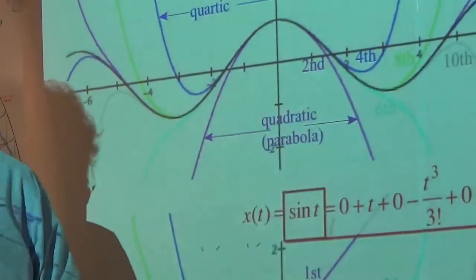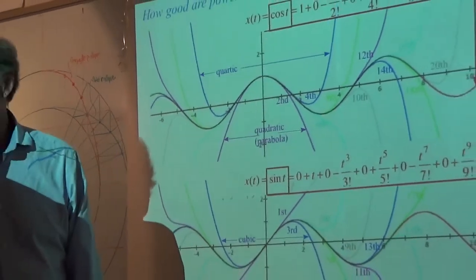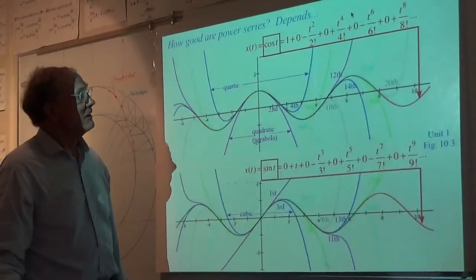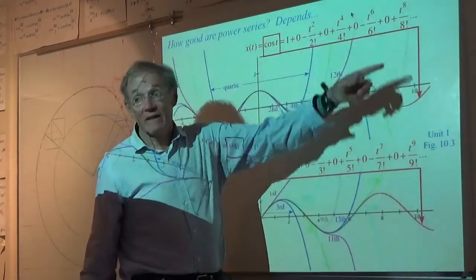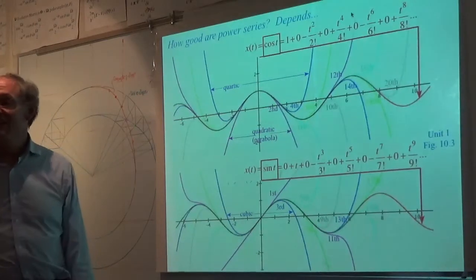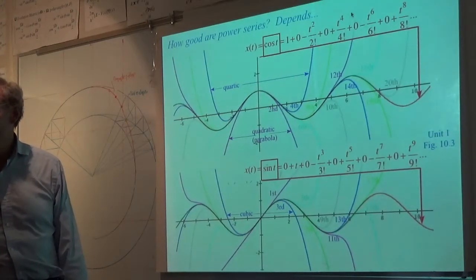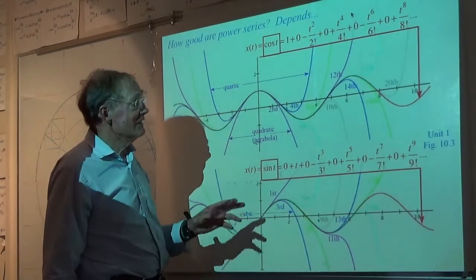Same with the 8th. I just have one question. If we just have the right hand side, like 1 minus t squared over 2 factorial plus t to the power 4 over 4 factorial plus and so forth, and if you plot all those things for a range of t, how do we at the end get cosine of t? All these things should add up to cosine of t, right? So we know how cosine of t looks.